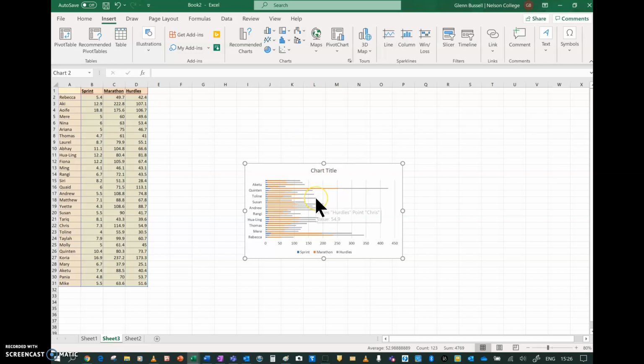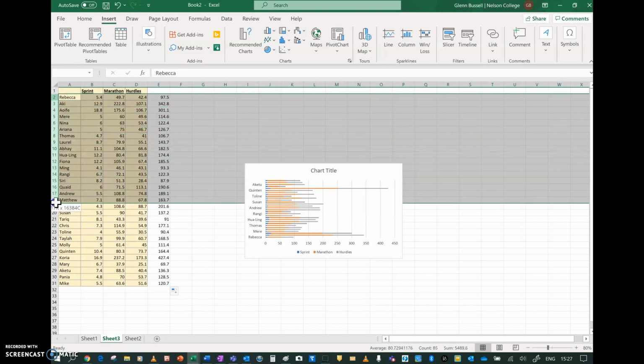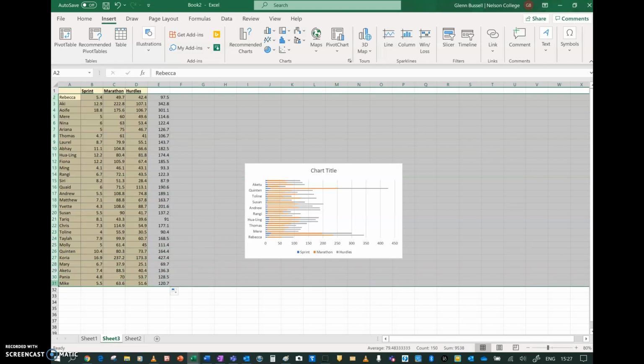And that's it there. And if you want to get that into order, all you have to do is just go that plus that plus that equals, so that gives you the total of all three, and then you highlight those totals going down, and then I'm going to click on the grey and highlight all of this,